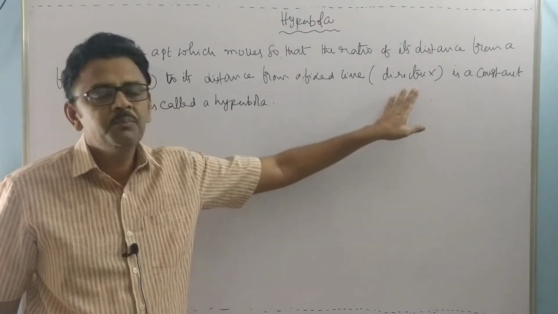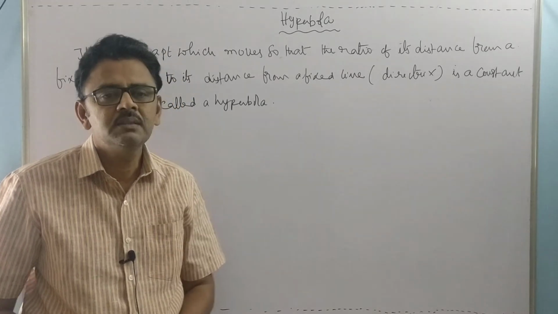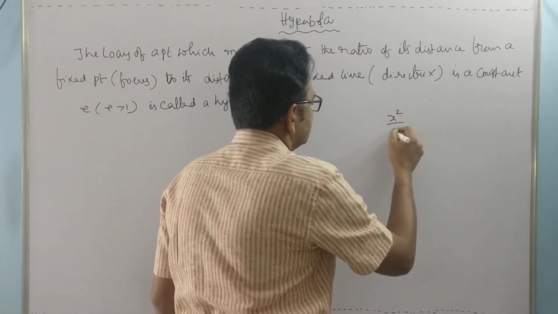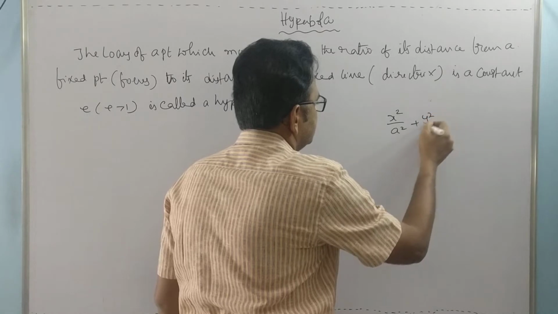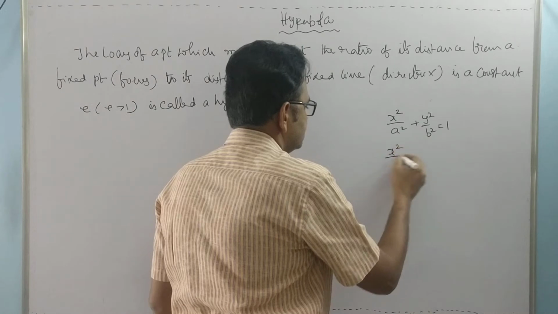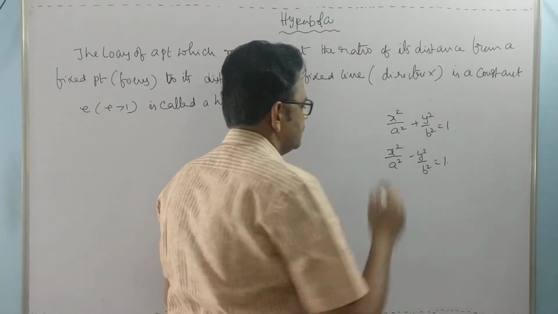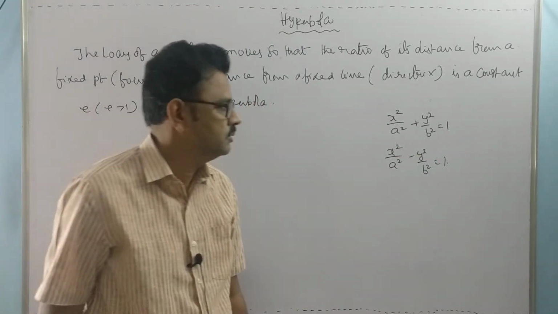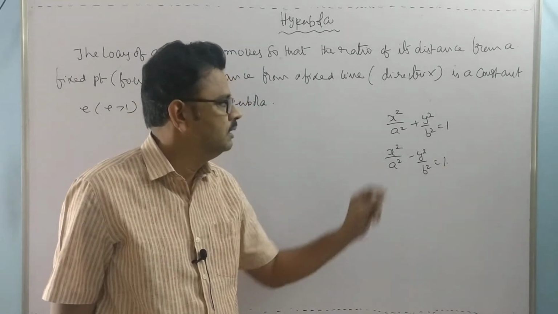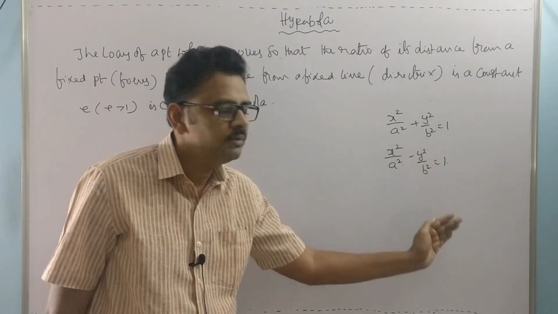So ellipse and hyperbola are approximately equal, the only difference is in the equation. The ellipse equation is x square by a square plus y square by b square is equal to 1. This is ellipse. But the hyperbola equation is x square by a square minus y square by b square equal to 1. In the formulas also, equation of tangent, condition for tangent, everything, in place of b square, simply you can put minus b square. The remaining everything is same.